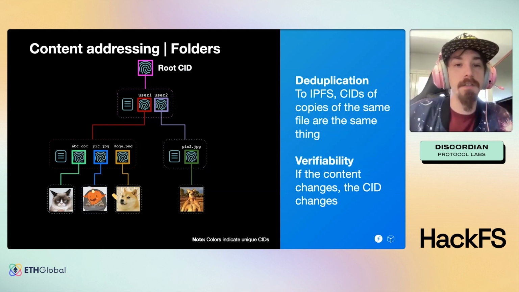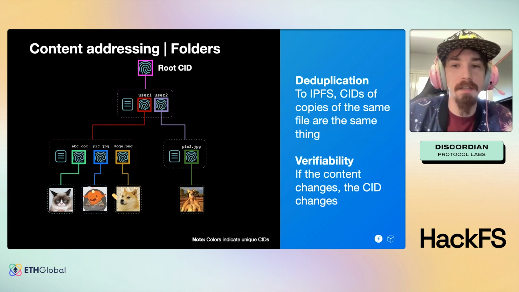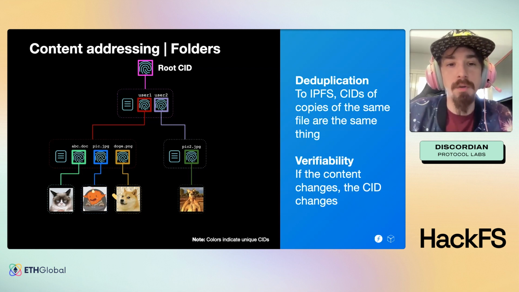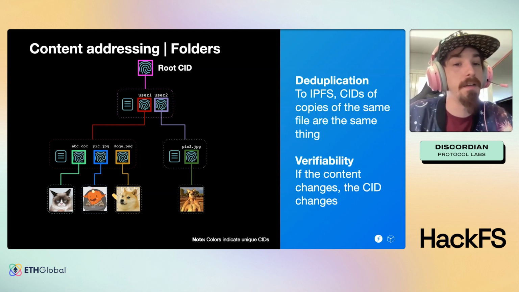One characteristic of content addressing that I mentioned previously is that the fingerprints are unique for any type of content. What would happen if we wanted to copy file.txt to the folder of the second user? Well, it means two things. Firstly, we don't actually have to copy the file. We just have to modify the folder to reference the content. Two copies of the same content have the same identifier. So to IPFS, they are the same thing. There's no notion that the same content can be duplicated in different folders in IPFS because it is actually the same thing with the same CID. We call this property deduplication.